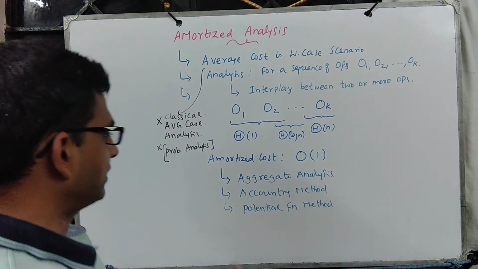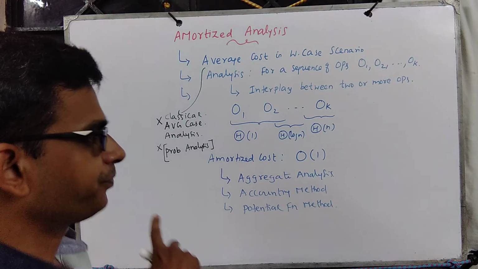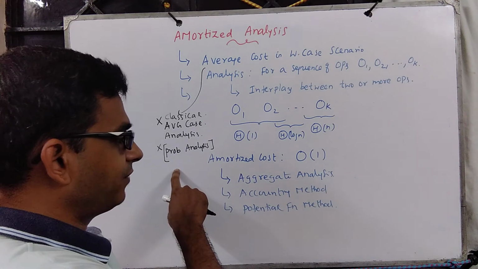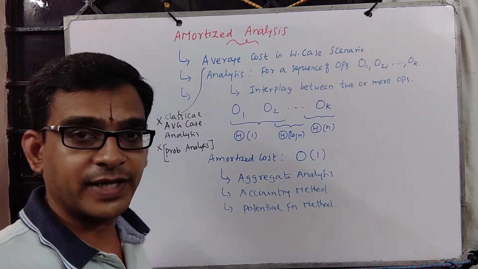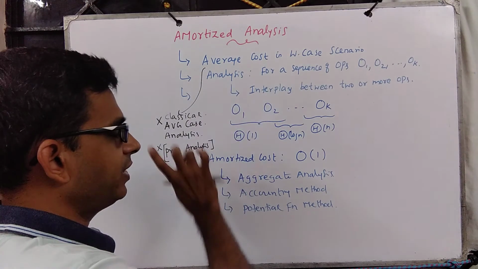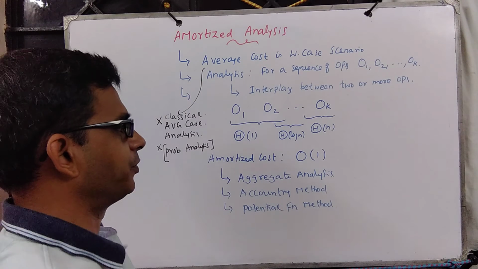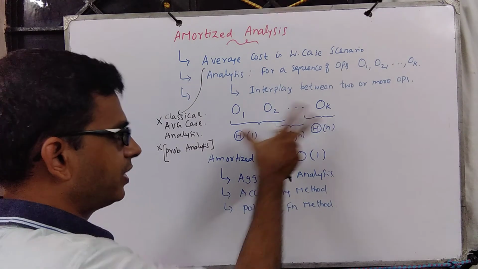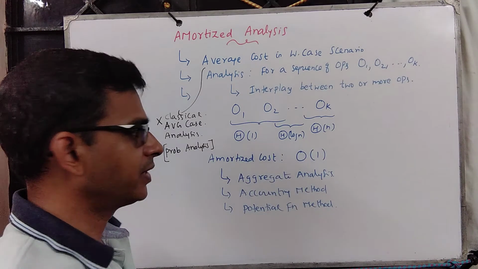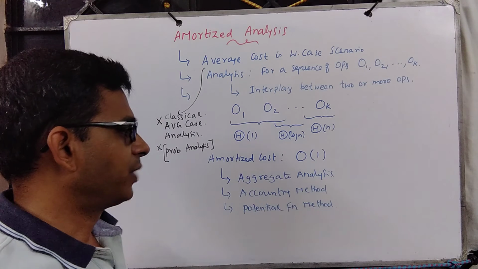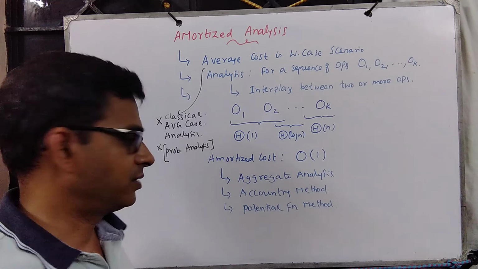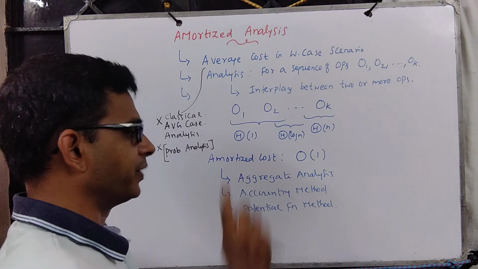In classical average case analysis, we bring probability, we model the input distribution, and with that we calculate on an average what is the cost. So there we actually look at all possible inputs. Over here we are not bringing probability, we are not looking at all possible inputs. Fixing the input sequence, we look at what is the worst case cost for each of them and take the average. One can look at simple average and say what is the cost. That's precisely what aggregate analysis is doing.